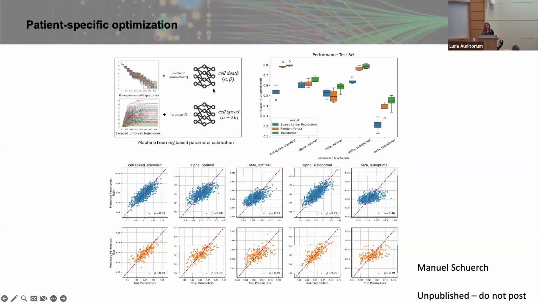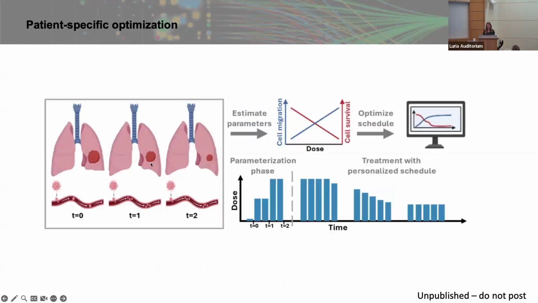And we can then train a transformer on this longitudinal 1,000-patient data set to back out the parameters that we can't measure in patients, right? But that we know what the gold standard is in this patient cohort because it's simulated. We can identify the migratory and radiation response parameters based on this machine learning approach, and this is work by Manuel Schürch, who's also here,